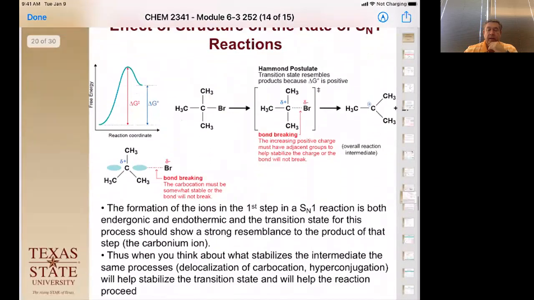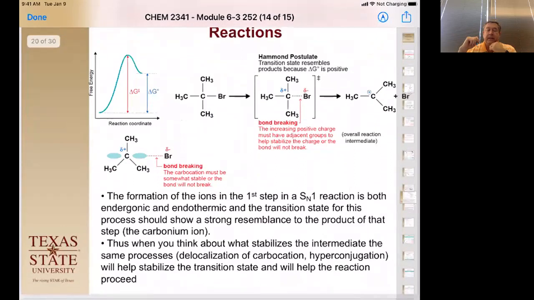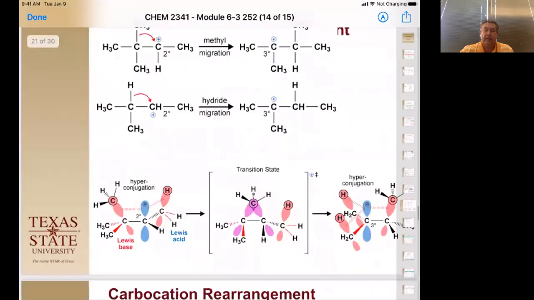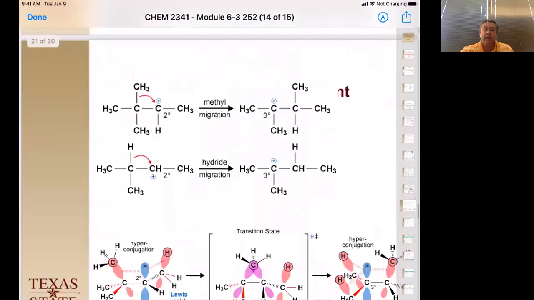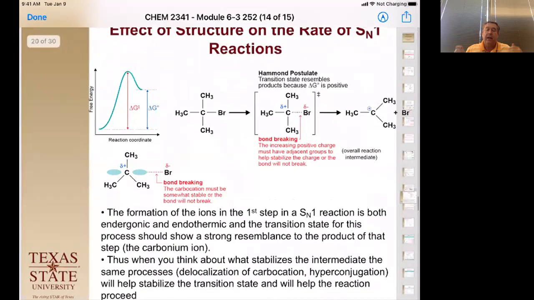Okay. So the next thing that affects the rate is the idea of what does the transition state look like. So when we think about the Hammond principle, we want to say that the things that are more like the starting materials are going to be more like,